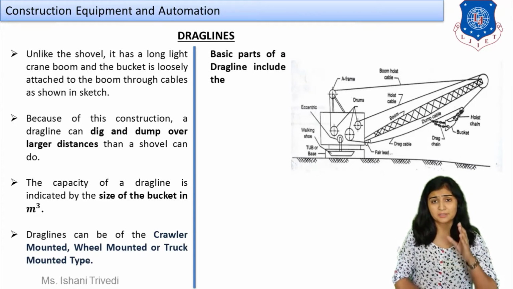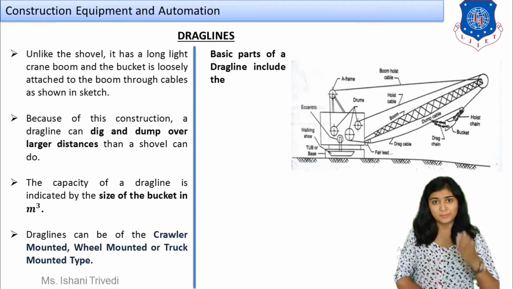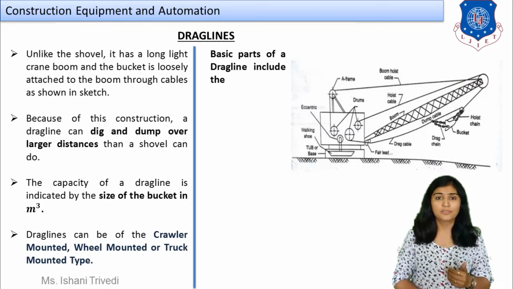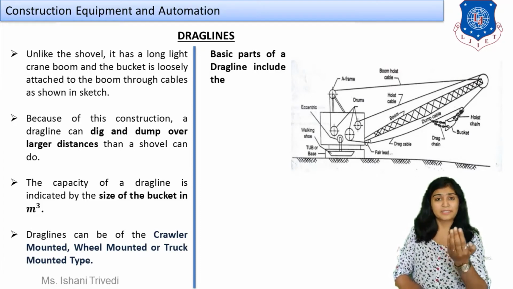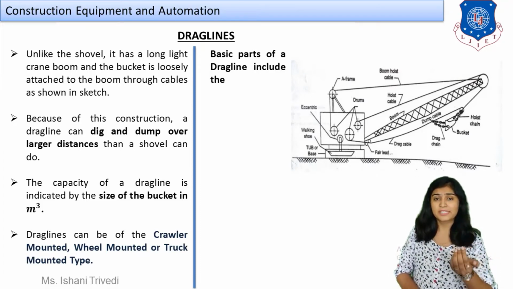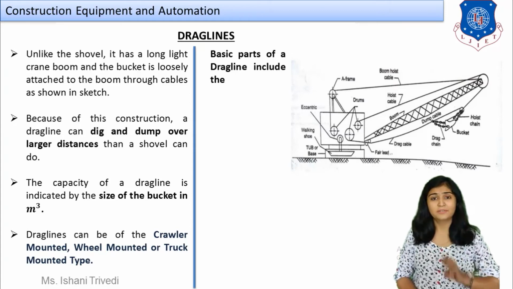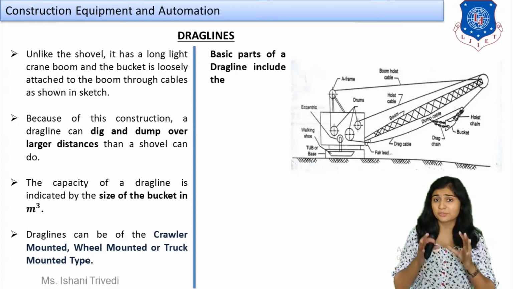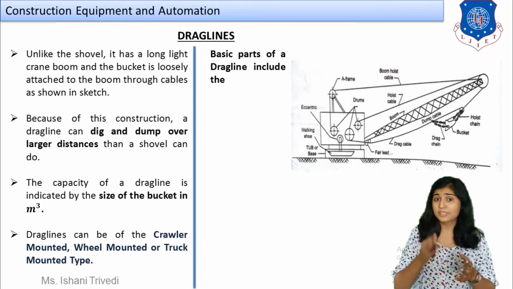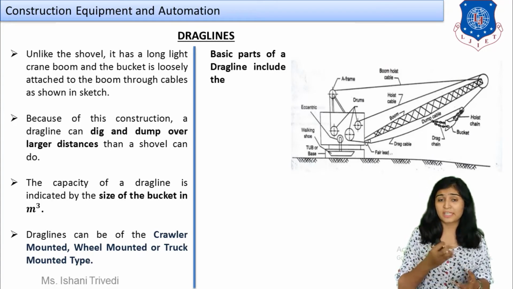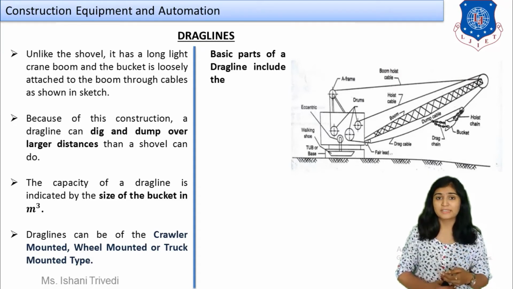Now the sketch is right in front of you. You can see that various parts and the cross-sectional area of a drag line is shown right in front of you. This is going to help you understand the basic parts, the main parts of a drag line. Now next it says, because of this type of construction, a drag line can dig and it can also dump. So once the digging is done, once the bucket is full, then you can swing your boom crane and then you can dump it wherever you want to do it. So hence, because of this reason, you can use drag lines for larger distances as well. So students, you found one advantage already over here, that it can be used for long distances, for long reaches. You can also use it as an application.